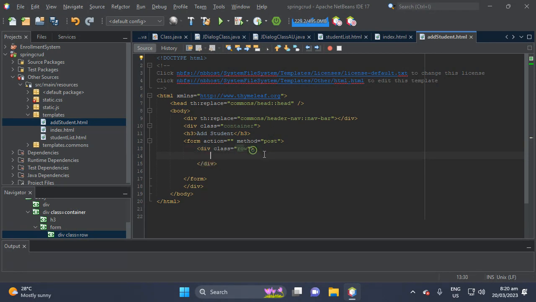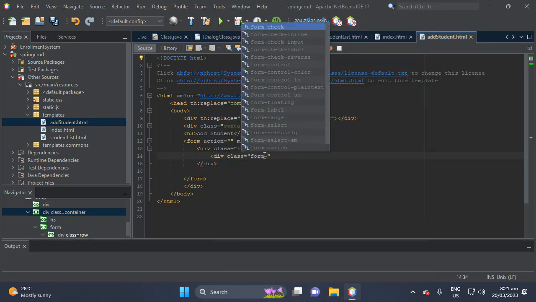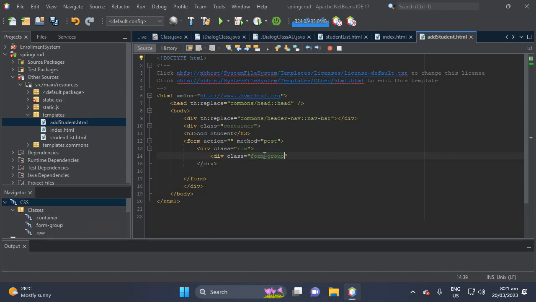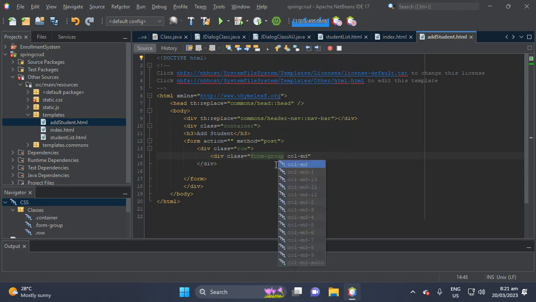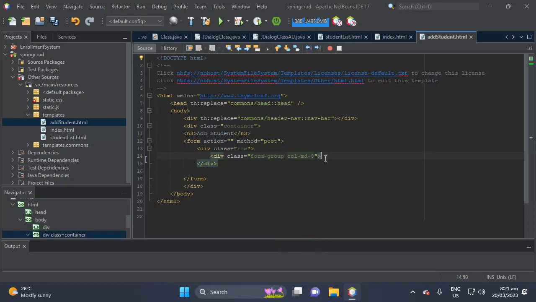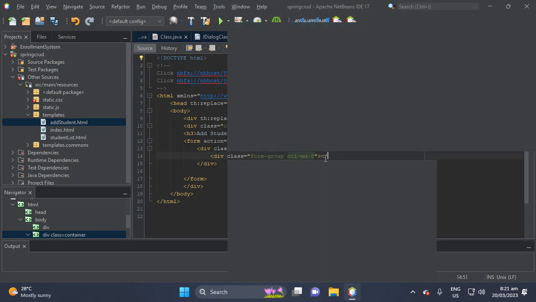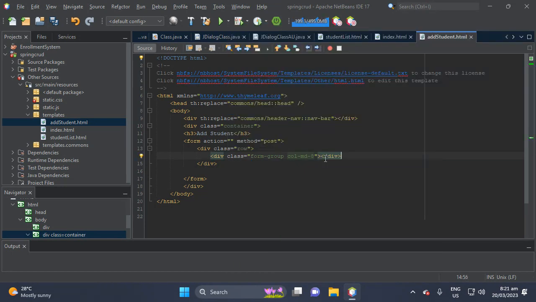Then inside the row we have a form group, so we add a div with class form-group, then column, mid 8. Okay, inside the division,